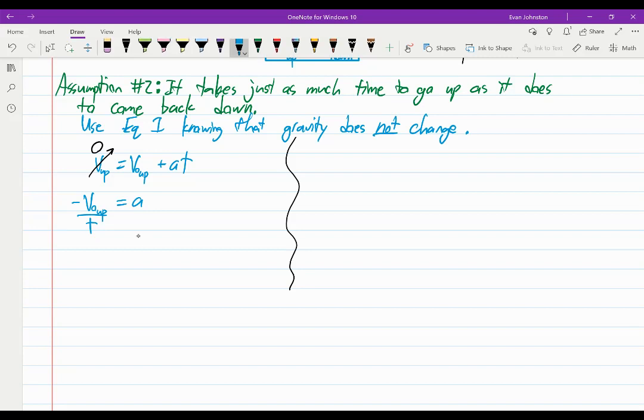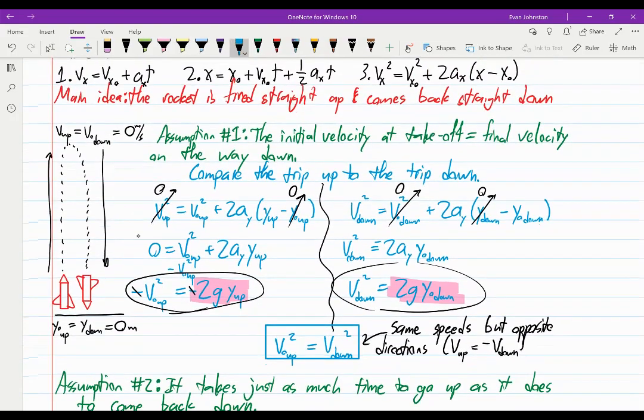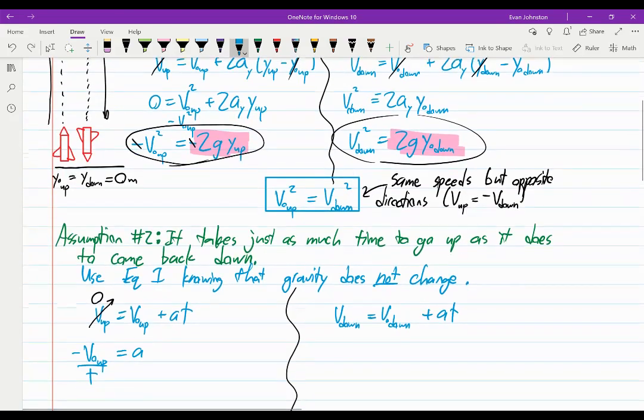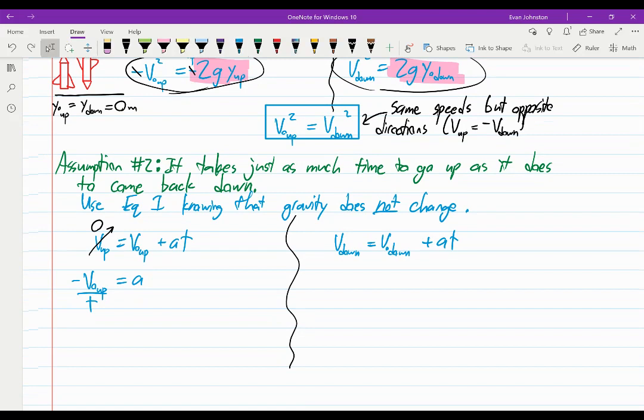Let's look at the right side, which is the trip down. So we have the final speed on the way down is equal to the initial speed on the way down plus AT. And now if we look at our physical situation again, we said the initial speed on the way down is 0 because it starts at the top and it has to pause just for an instant before it turns around. So that tells us that this guy